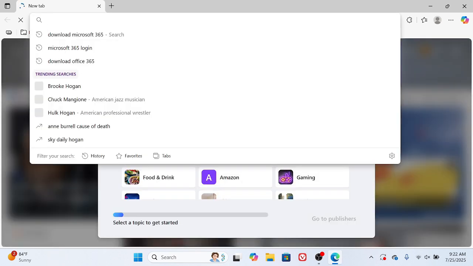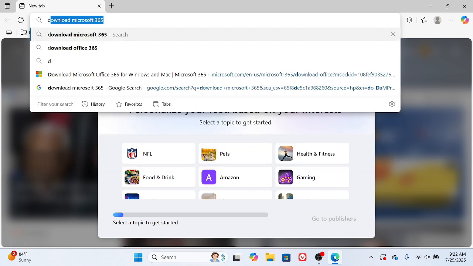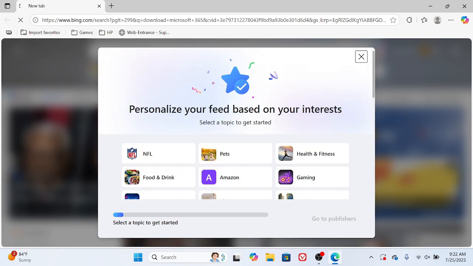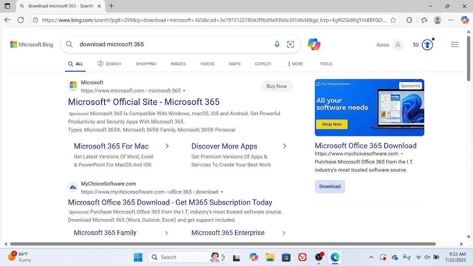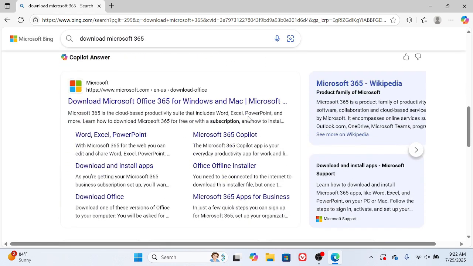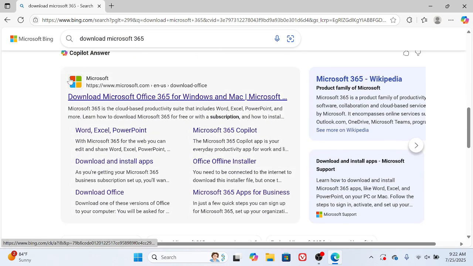So, first thing you're going to want to do is, once your web browser is open, type in Download Microsoft 365 into the address bar at the top. That should search for it. Now, you're going to be looking for a particular link to find, and the one you're looking for will look like this. It has to have this icon on it, and it should say Download Microsoft Office 365 for Windows and Mac. So if you click on that,